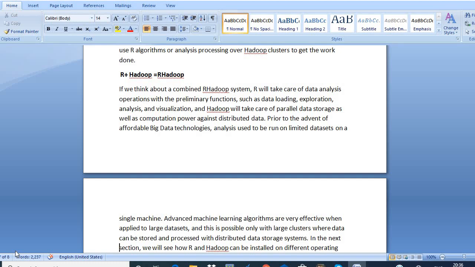That is, a large amount of data is stored in parallel and distributed. Hadoop takes care of the storage part, and R takes care of the analysis, exploration and visualization part. So these two are combined together to form R Hadoop.